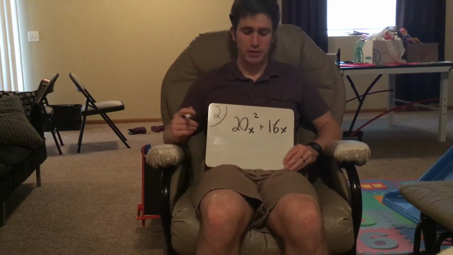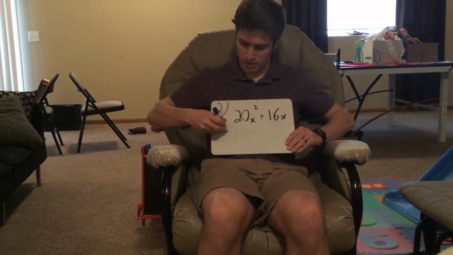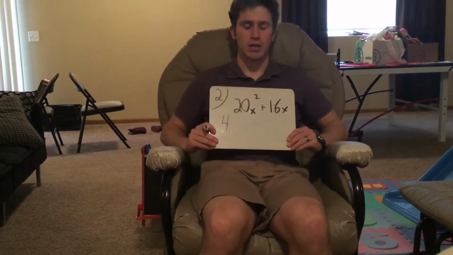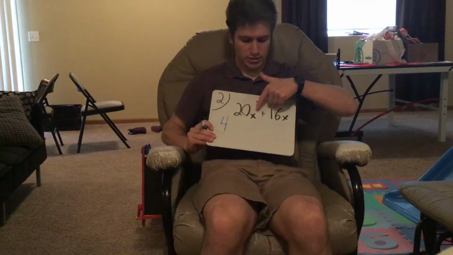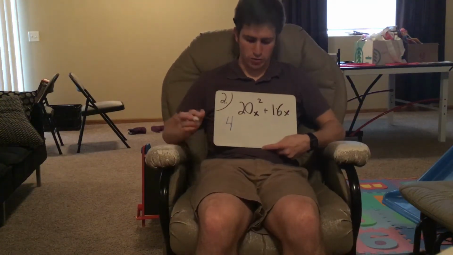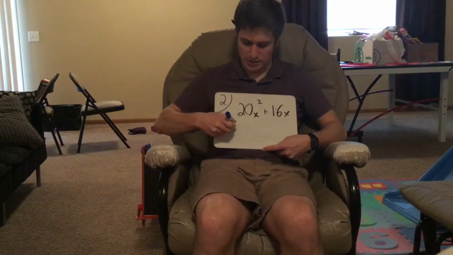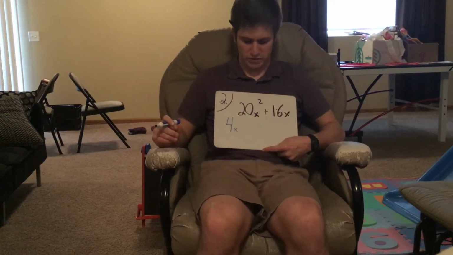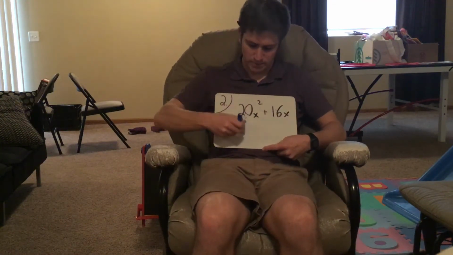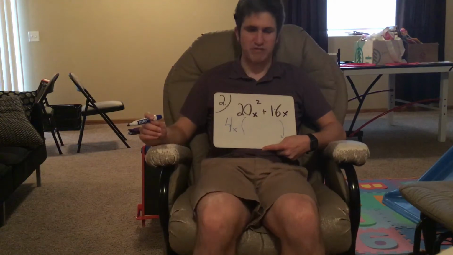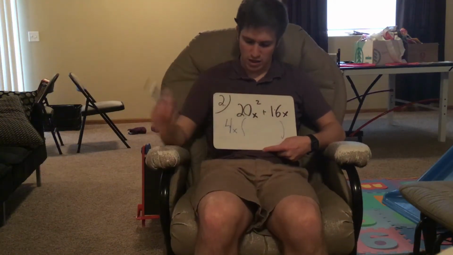20 and 16, my GCF is going to be 4. Variable wise, both of them have an x, so I'm going to include it. I'm going to choose the one that has the smaller exponent. So 4x is the greatest common factor. What happens is the greatest common factor gets pulled outside of the parenthesis,